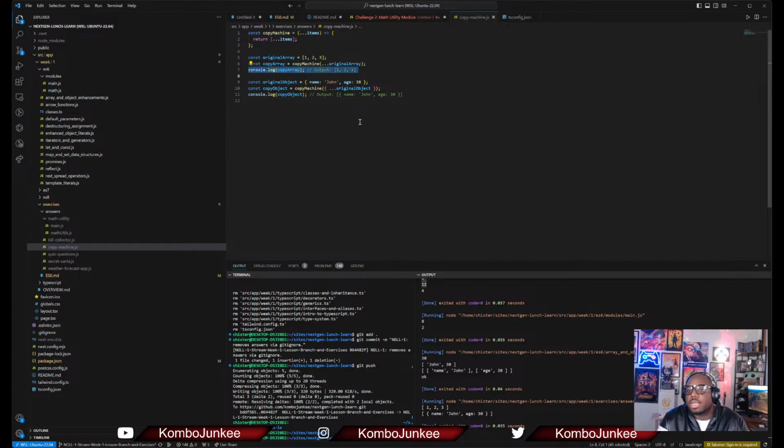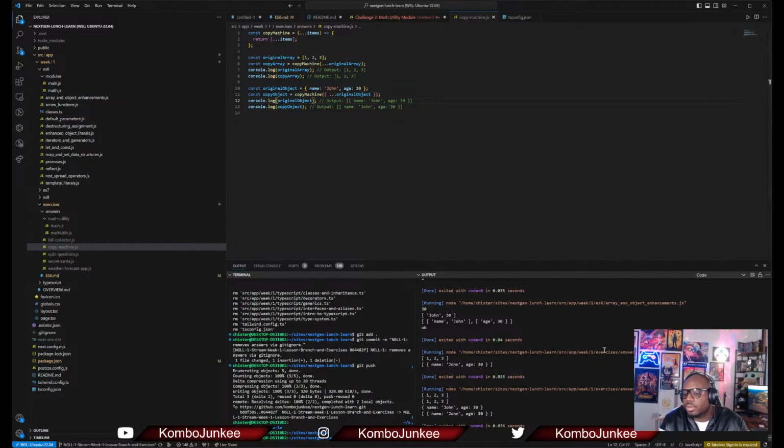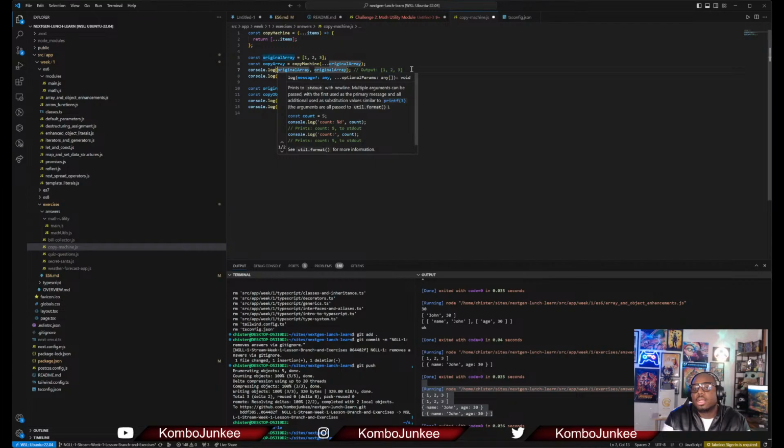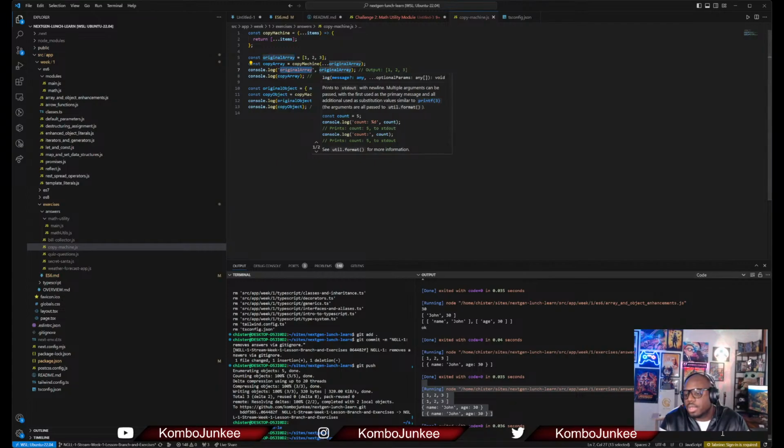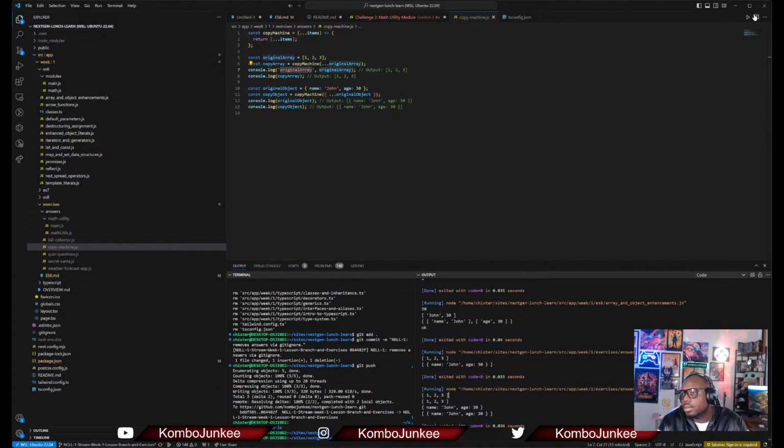So maybe what we should do here, just for clarity's sake, is copy the original array and the copy array, so that they see duplicates. No object, copy object. So now it should be do. Yeah, there we go. And then what I also want to do is say, like that, right? So let me see if that worked. Yeah, that works.